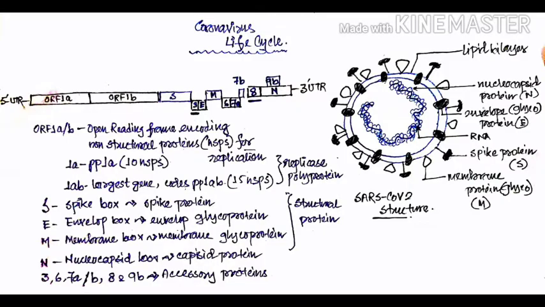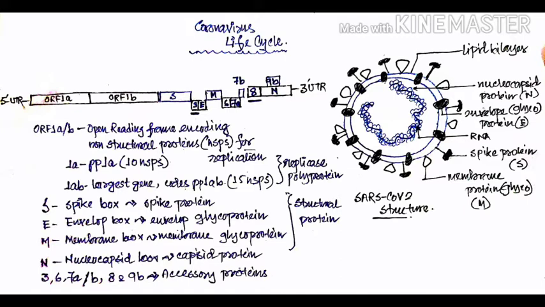The name SARS-CoV-2 stands for Severe Acute Respiratory Syndrome Coronavirus 2. They belong to the family Coronaviridae and the genus Betacoronavirus. As you can see in the structure, it has a lipid bilayer, then a nucleocapsid protein designated as N, along with a plus strand RNA, an envelope glycoprotein or E, spike proteins embedded in the envelope, and membrane protein or